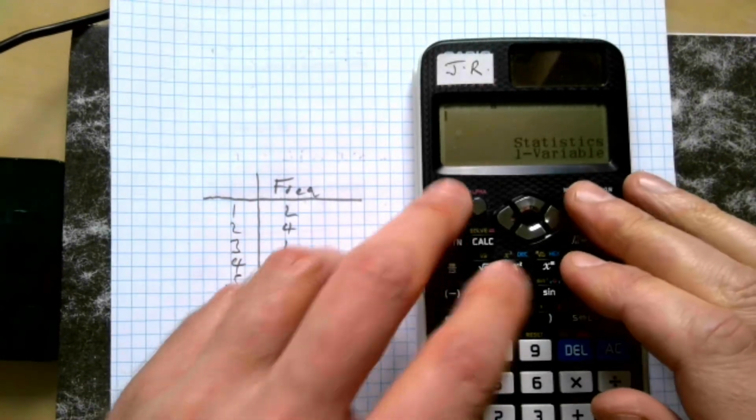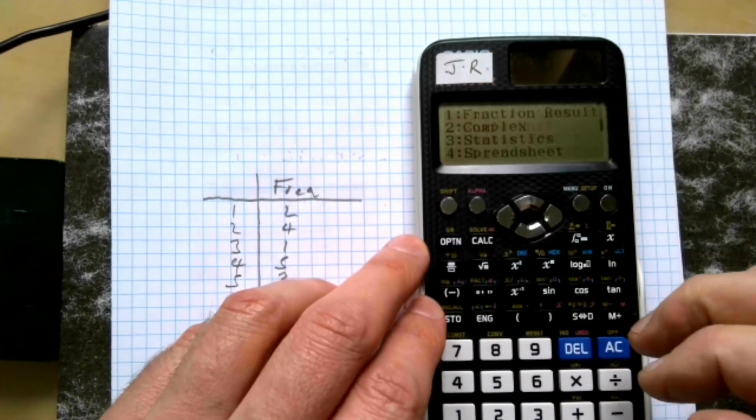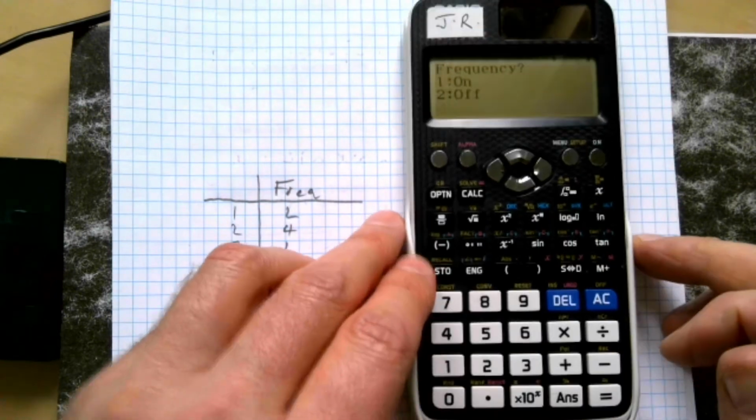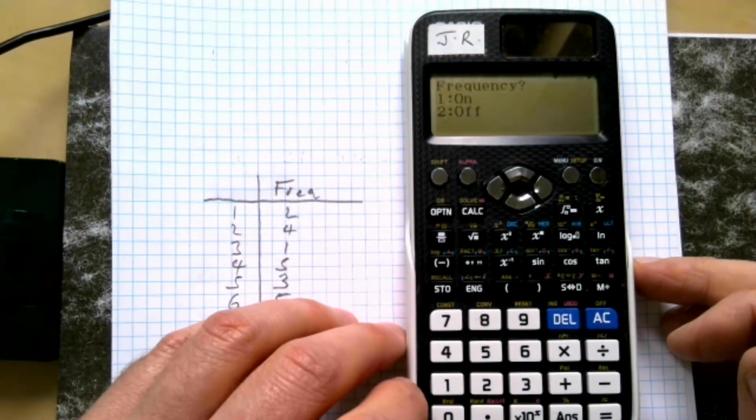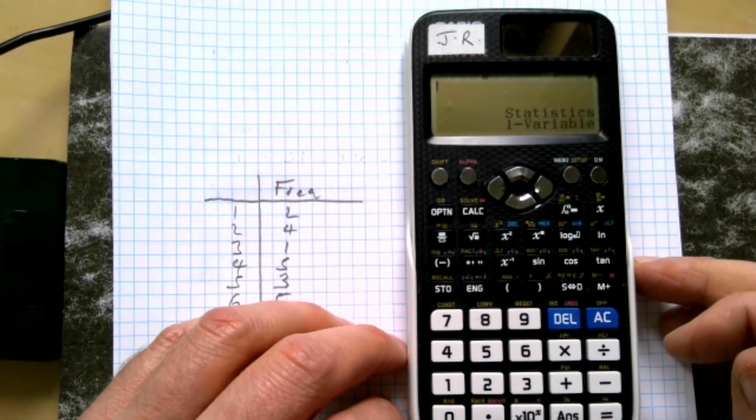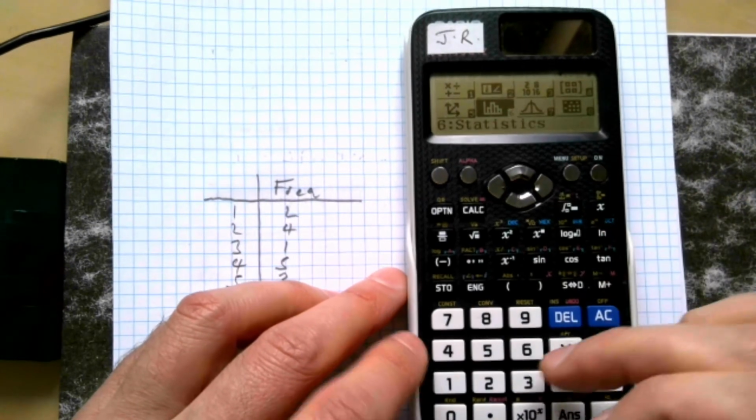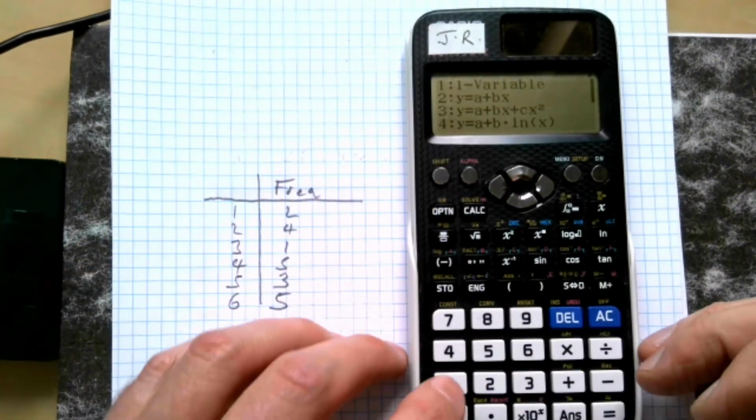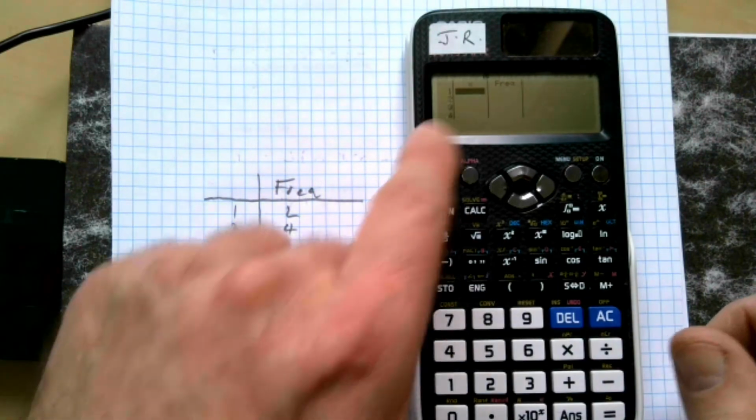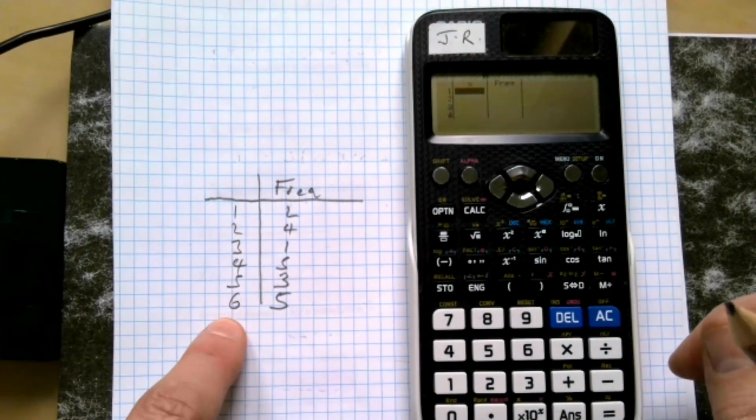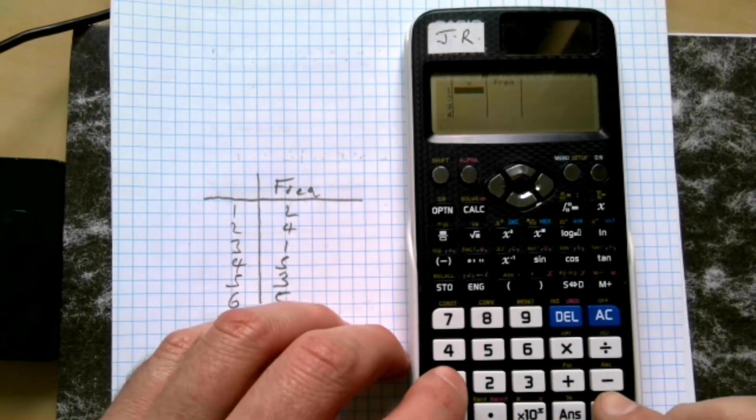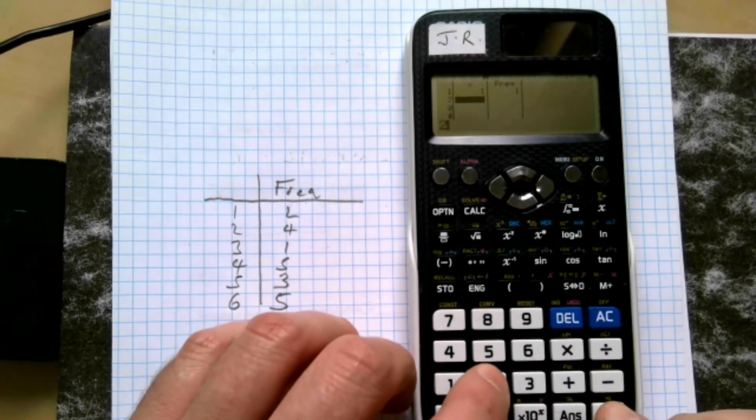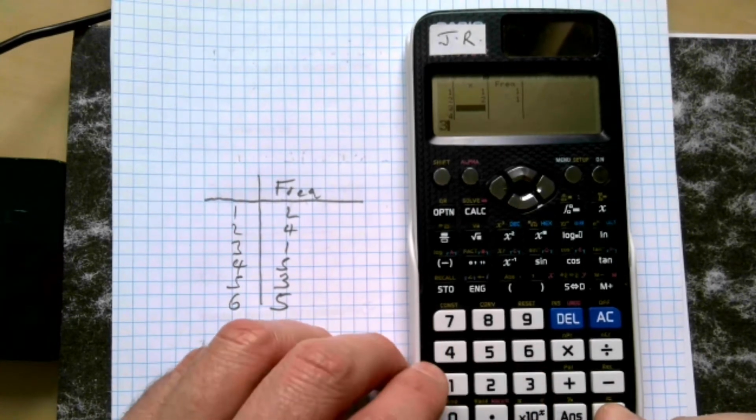So if I go shift menu again down, and we're going to go statistics, and this time we want the frequency on. So we're going to press number 1. We'll then go to 6, and it's one variable. And you now see we have the 2 pieces of information here. So we're going to put in 1, 2, 3, 4, 5, 6. So 1 equals 2 equals 3 equals 4,